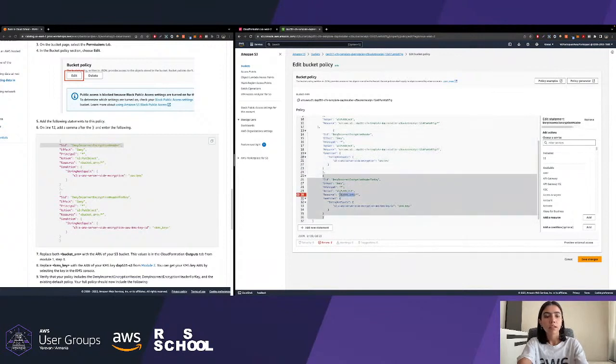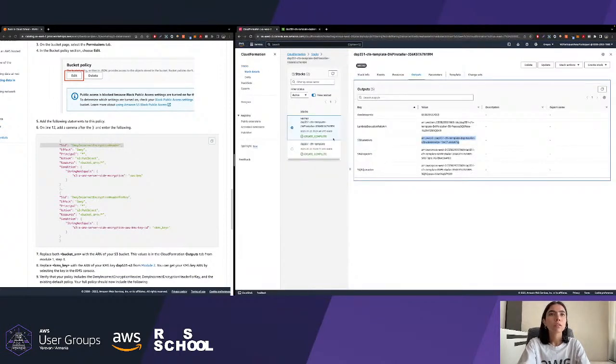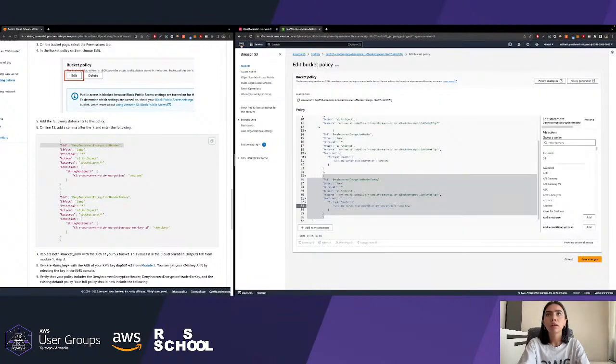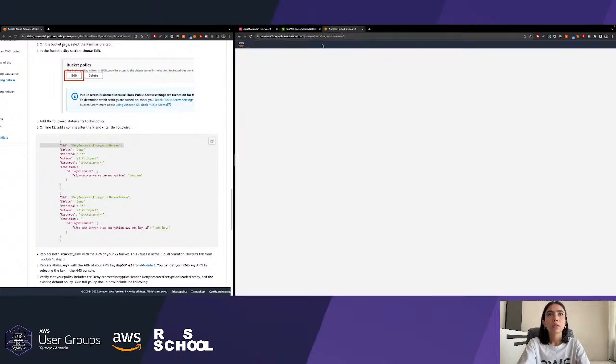Change it in the second place as well. And as we are denying incorrect encryption header for the key, we also need to specify the KMS key. The KMS key is going to be right here. Just open it.